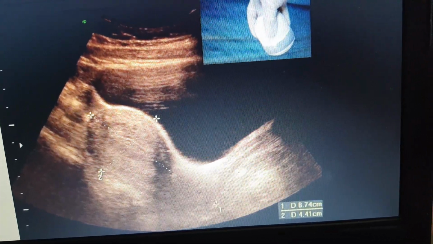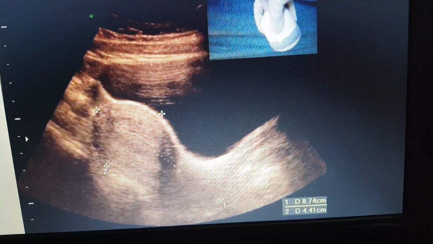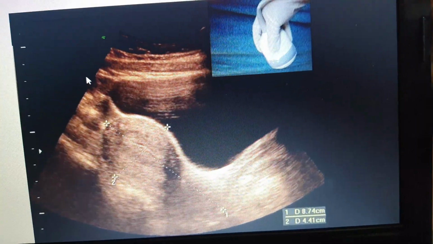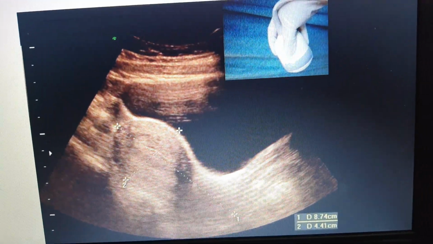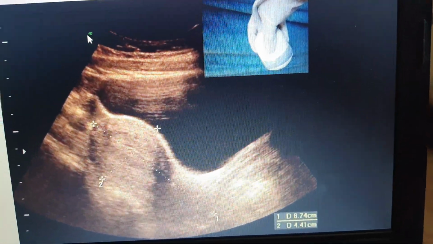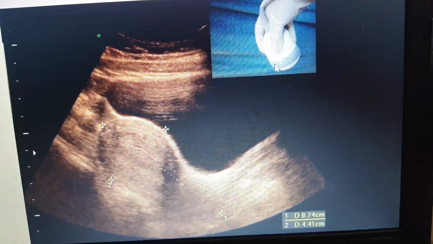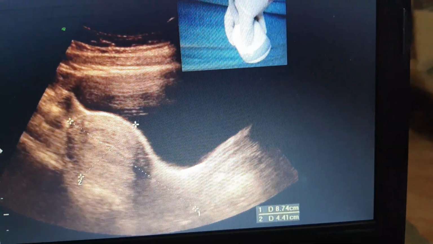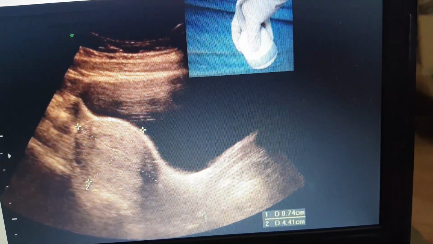and that landmark is very important, and you should know that this landmark, which is used towards the head of the lady, means that you are getting the longitudinal section of the uterus, and you should have that landmark corresponding to the landmark on the screen. There is a landmark on your screen while you are using the probe with the landmark towards the head of your patient, and that means that you are using it in the right manner,